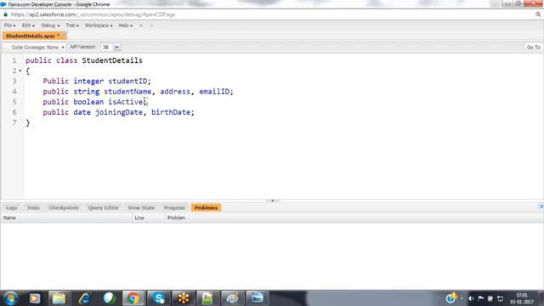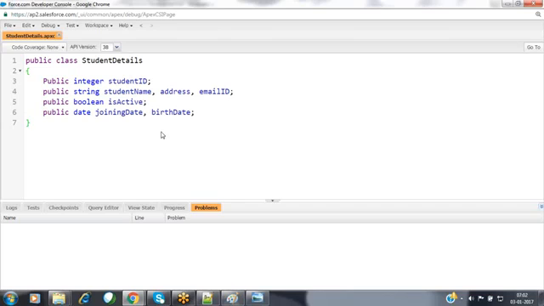So even though the internet connection has been disconnected in the middle, even though the system has shut down in the middle, at that time, you may lose either 1 or 2 lines of code. The remaining code will be available to you as it is. So for that, they have given this auto save option here. Now if you want to save this class explicitly, then you can use that Control S option here. Now, this is the way we are going to define the classes inside your Salesforce instance.